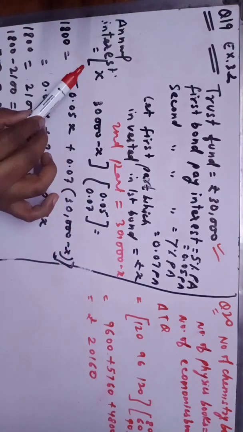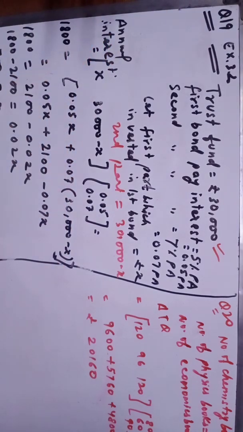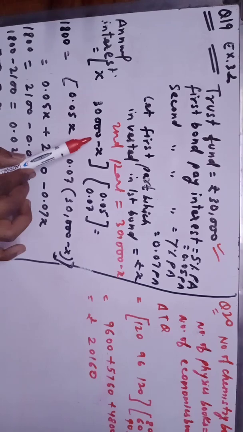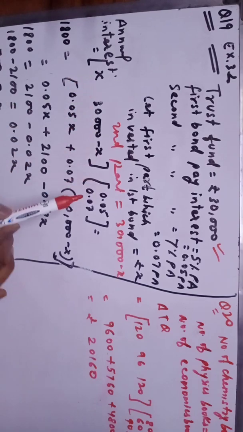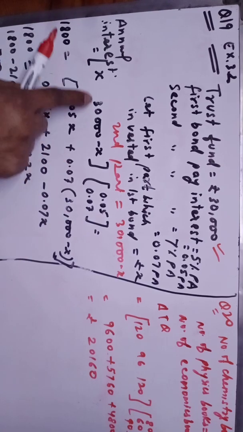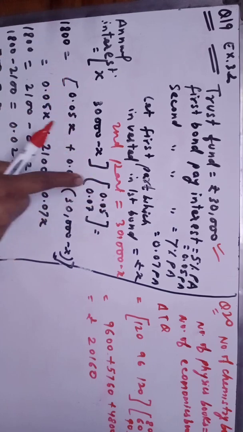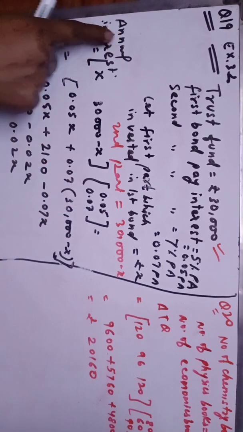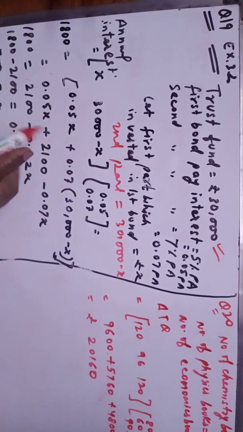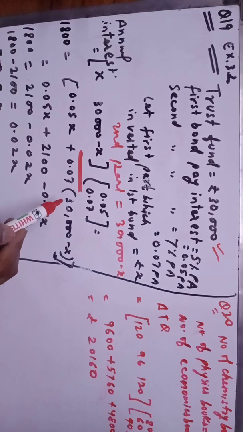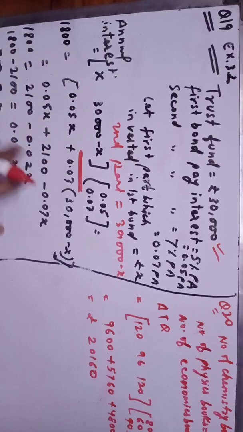According to the matrix method, we write the two parts in matrix form, with the percentages like this. If you write the first part as a row matrix, then the second part must be in column matrix form. The annual interest we will get after multiplying these two matrices. So you multiply as we normally multiply matrices, and after solving you can do this calculation.